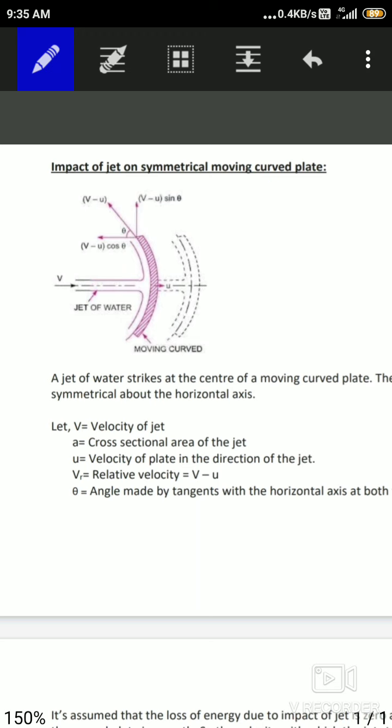Since the chord plate is moving at a velocity u, there will be a relative velocity between the jet of water and the moving plate. So the relative velocity here will be v minus u. In other words, we can say the jet of water strikes the chord plate at a velocity v minus u,